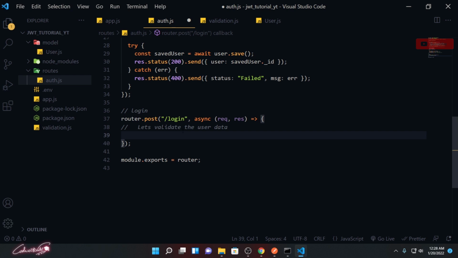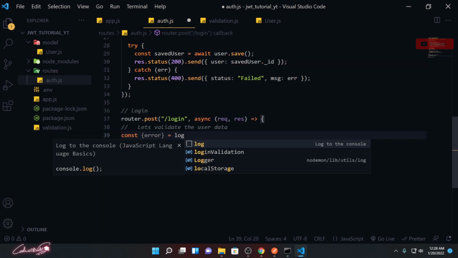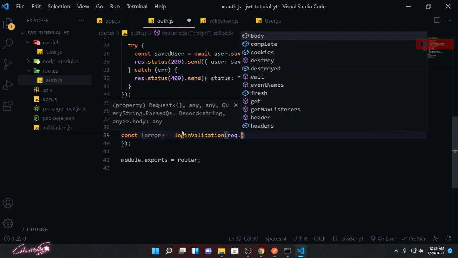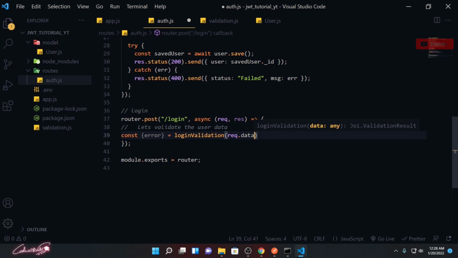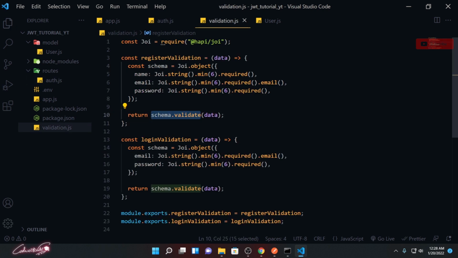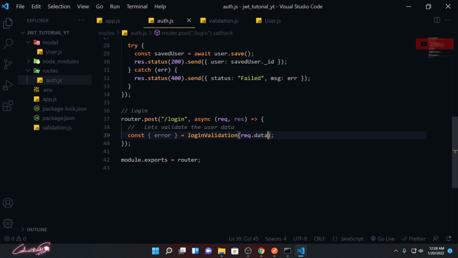Okay, so I'm just going to const, create an error object because that will be returned from the login validation, and I'm going to pass the request.data. This request.data will be passed over here and validated, and it will return an object, and we are capturing only the error object from that.